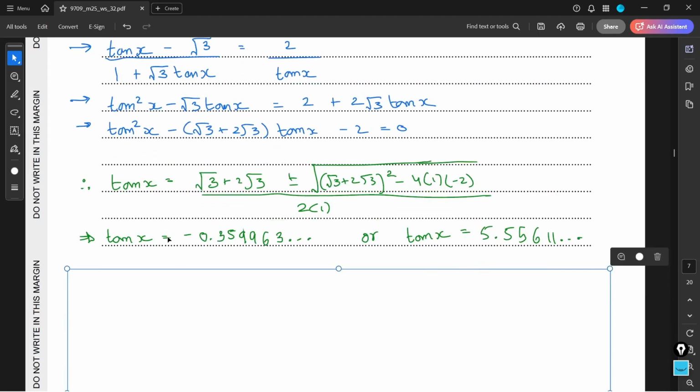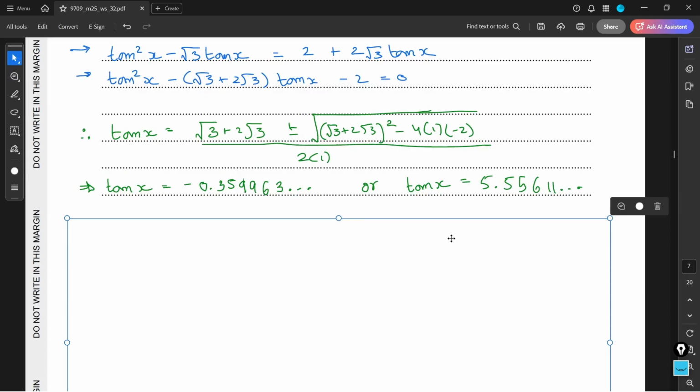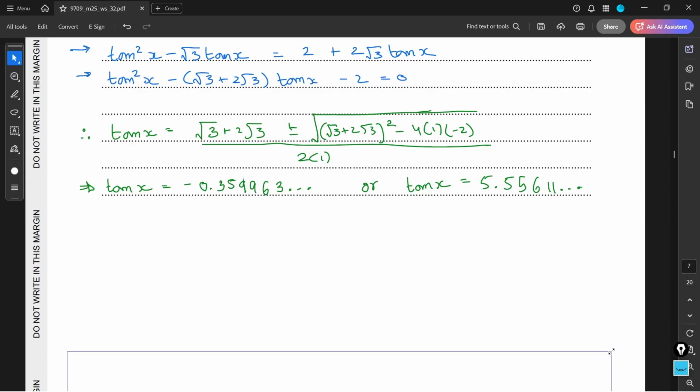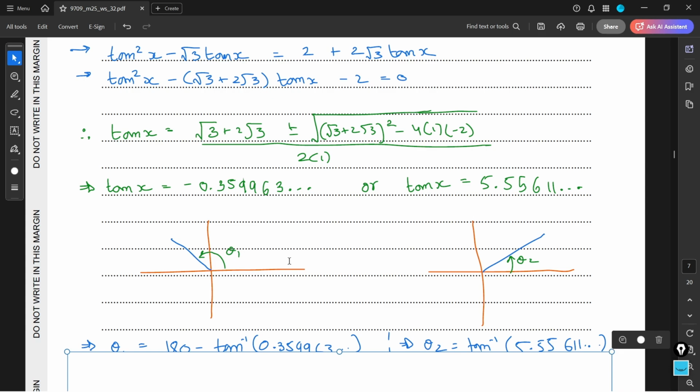Now, because I'm having tan x equal to a negative value or tan x equal to a positive value, and I need to find the values of x between 0 to 180 degrees, I'm going to do it step by step, first for the left side and then for the right hand side. I'm going to use the CAST tool here that we have learned in the AS level. I know that my tan x is negative in the second quadrant, between 0 to 180. It is also negative in my fourth quadrant, but we are not having x extending to that fourth quadrant. And that is why there is only one solution I'll be getting from tan x equal to a negative value,